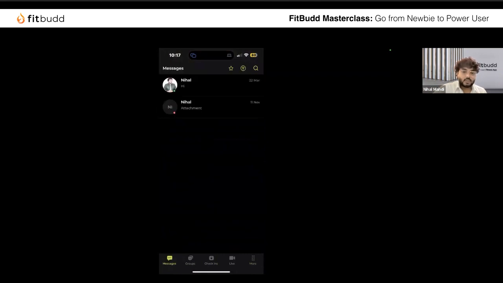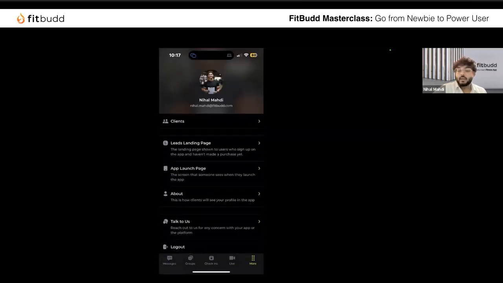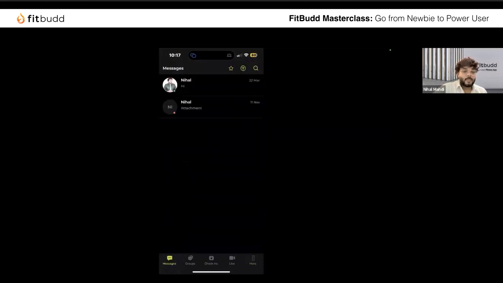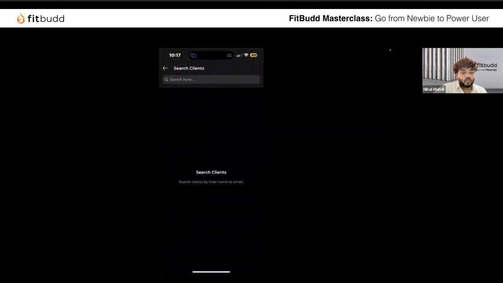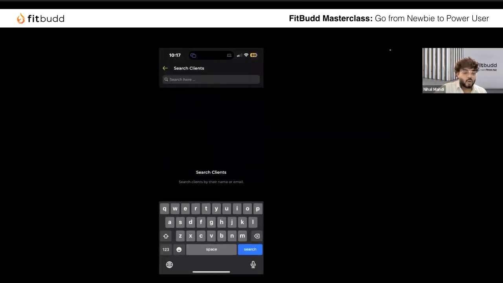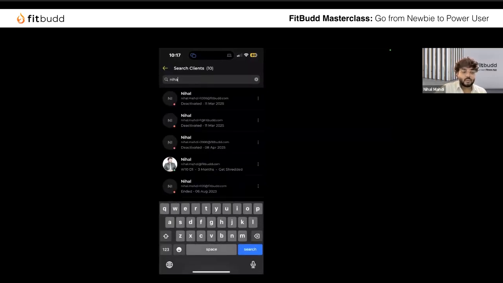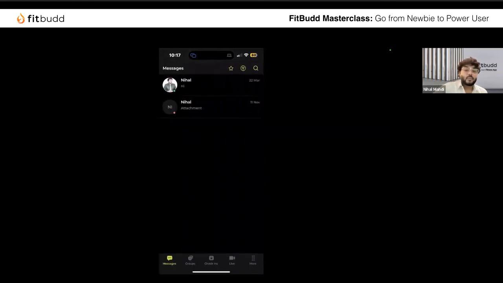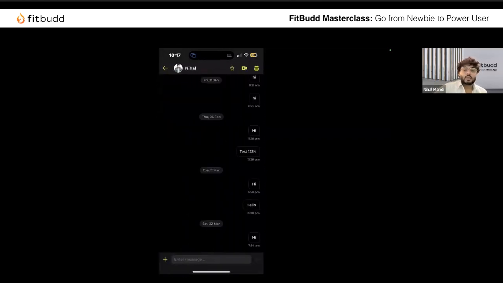You have messages, you have groups, you have check-ins, you have live, that is your appointments, and you have the other miscellaneous things that you are required to learn. In the messages, you can see a search bar which can search all your existing customers in your database. Okay. But these active profiles,